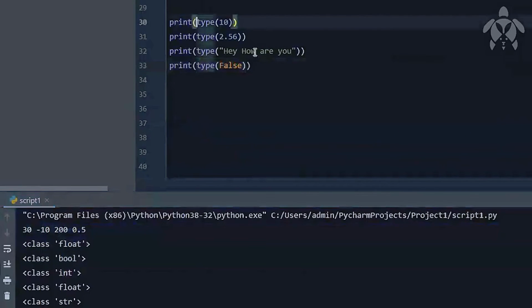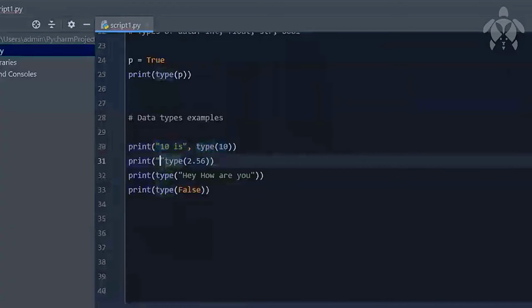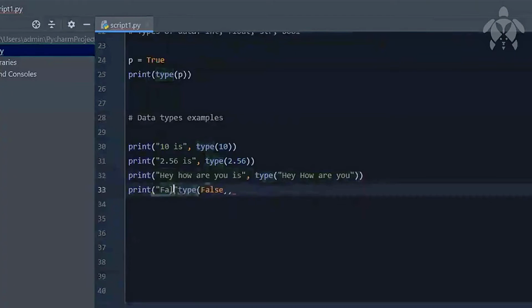Now it is becoming very difficult to understand which is coming from where. Let us do it like this: 10 is, so it will first print "10 is", and then it will print the type of 10. See this. 2.56 is, hey how are you is, false is.